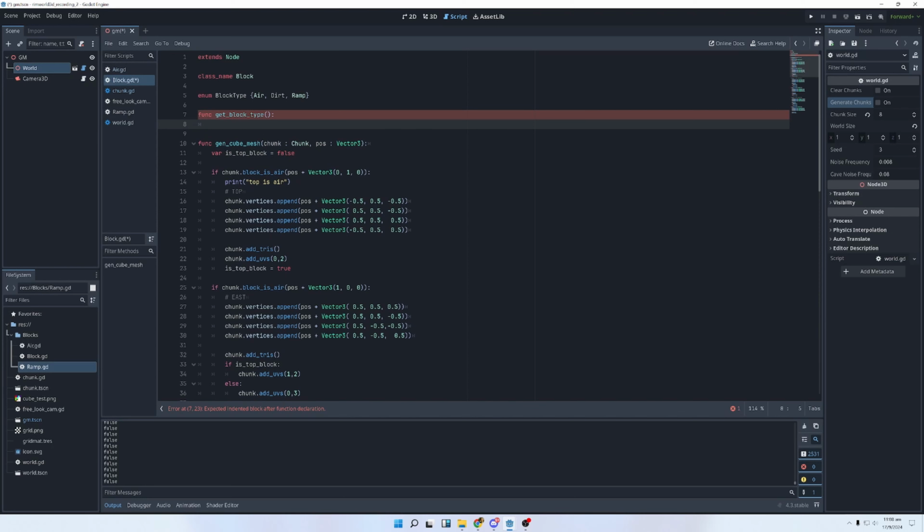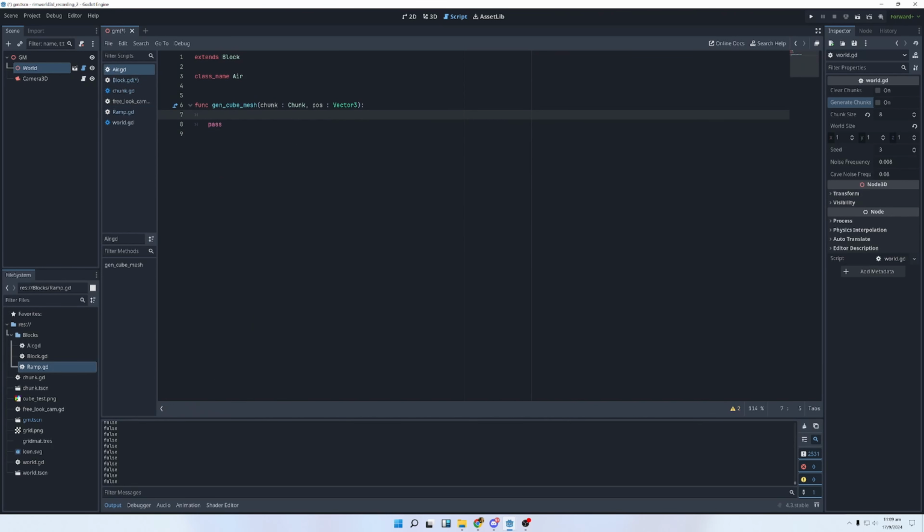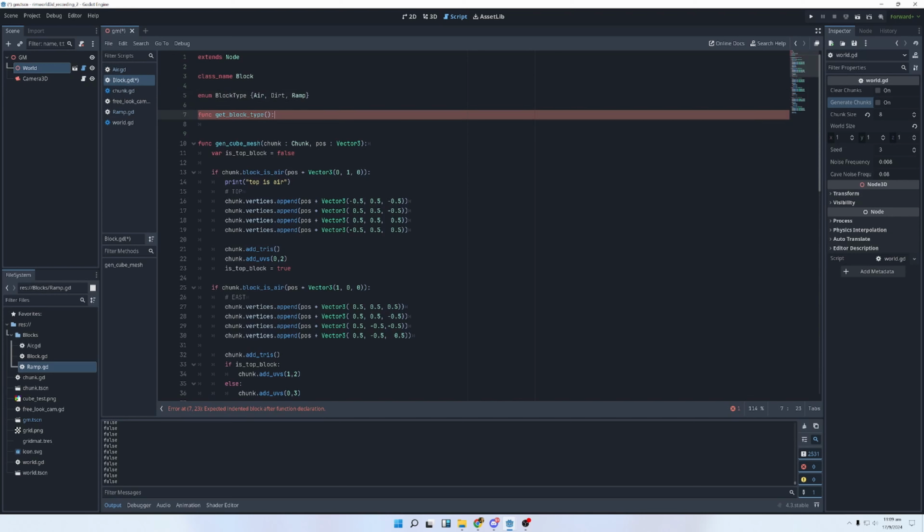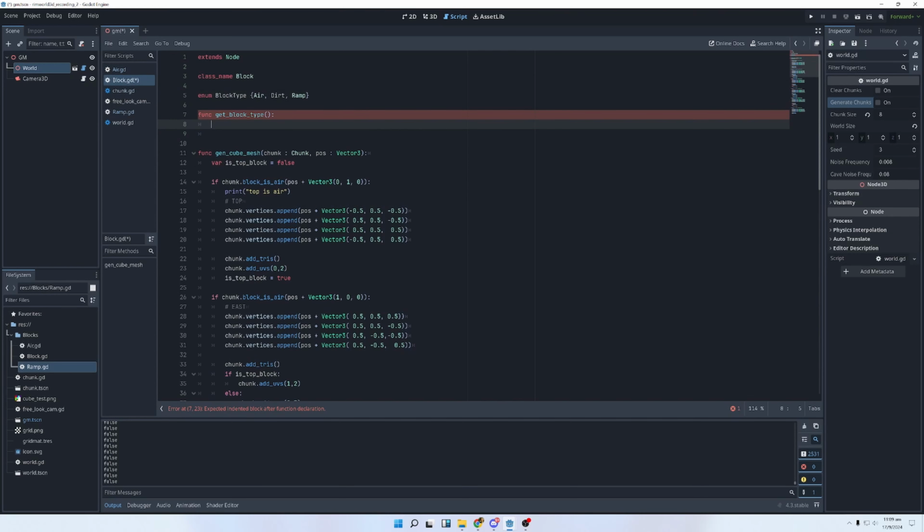So if I say, is it a block and it's air, it will say yes, because it's a sort of subclass of dirt, so of block. So ramp is also a block, air is also a block, but a block is not air, if you know what I mean. So what I'm going to do is mostly rely on this. I was going to add this later, but let's just do it like this. So we're not going to rely on talking directly to the class name. We're going to go return. So this guy is block type dot